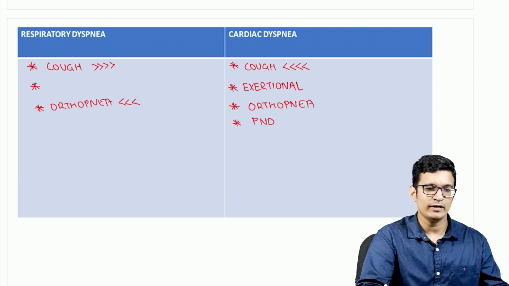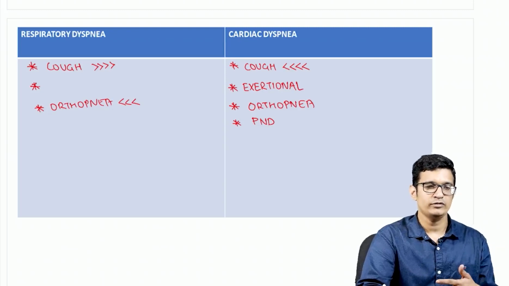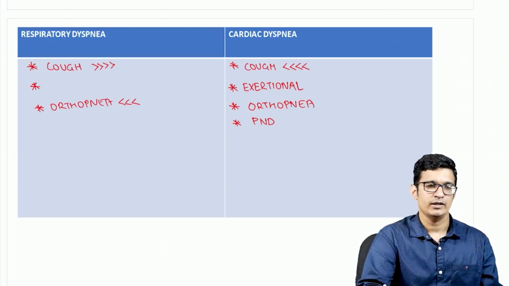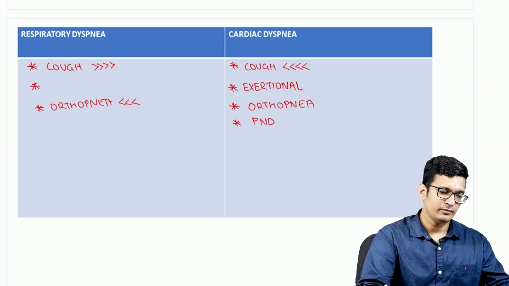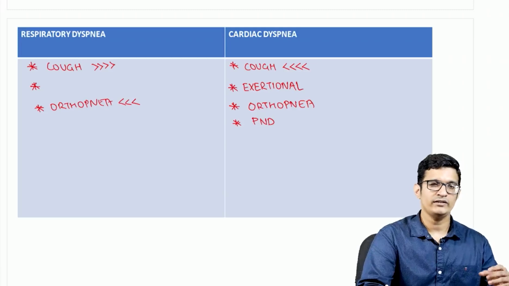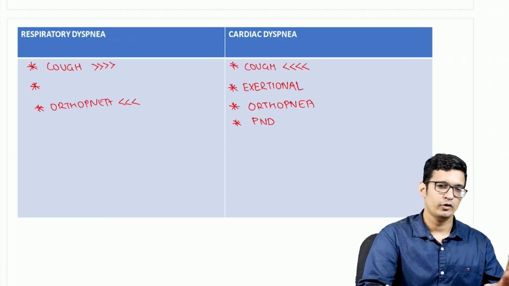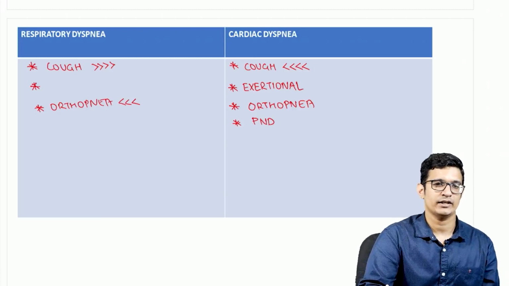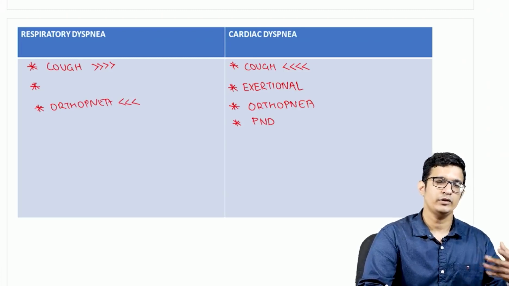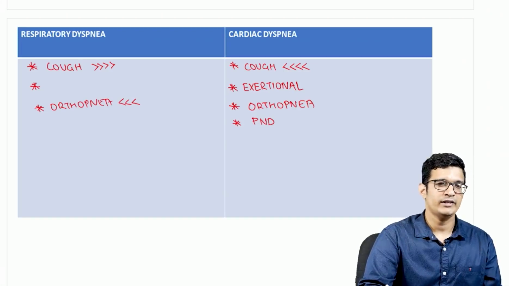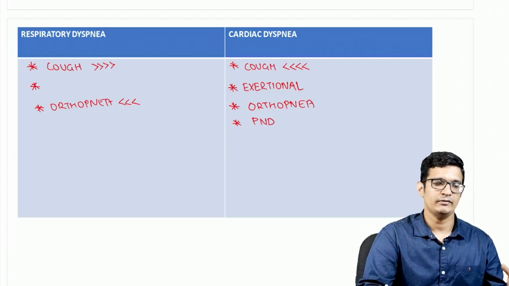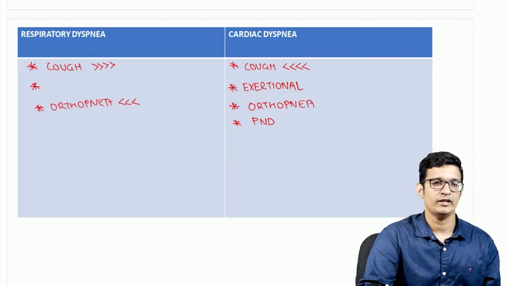But later on, when the patient goes into deeper levels of sleep, he is going to have more of a parasympathetic innervation, and the sympathetic stimulation is no longer compensating for the increased force of contraction and increased rate of contraction. So in such a situation, left heart failure is going to be manifested, and the patient will develop pulmonary edema after 2 to 3 hours of going into sleep.